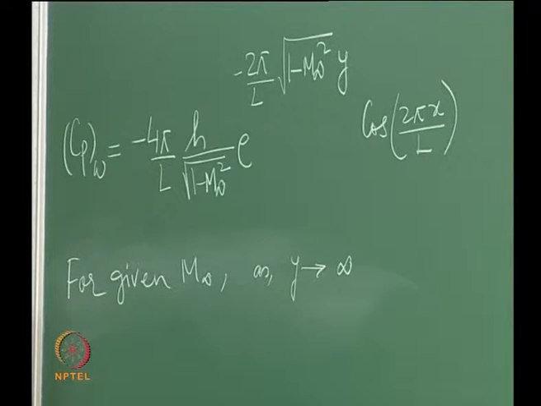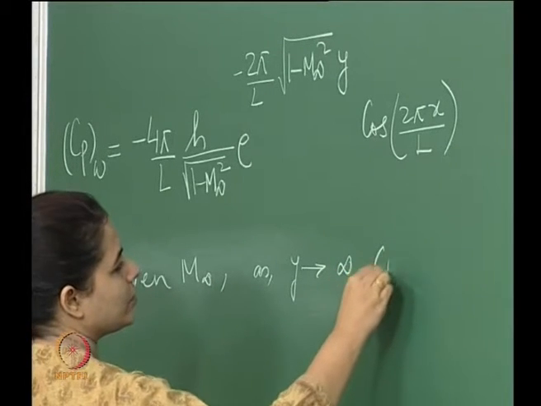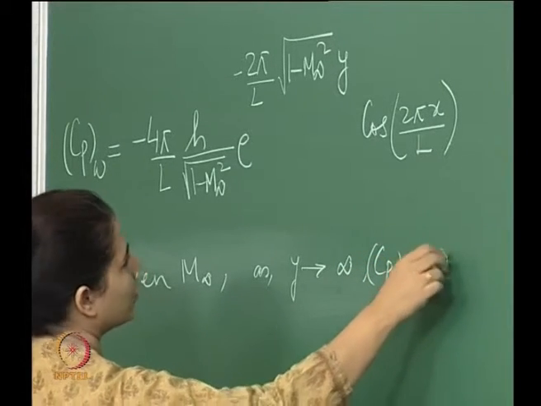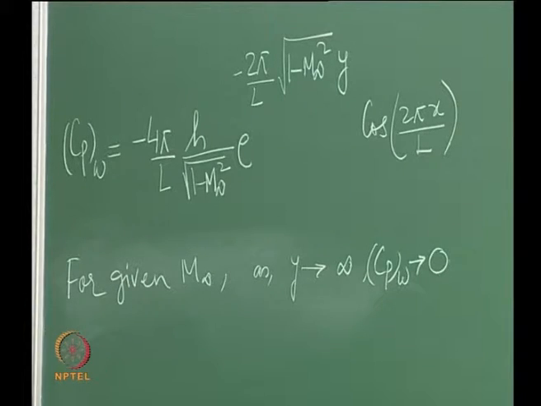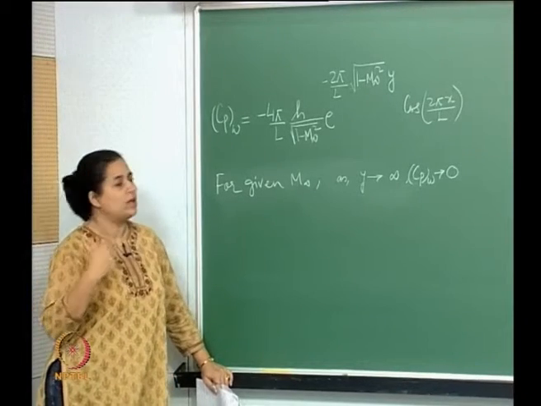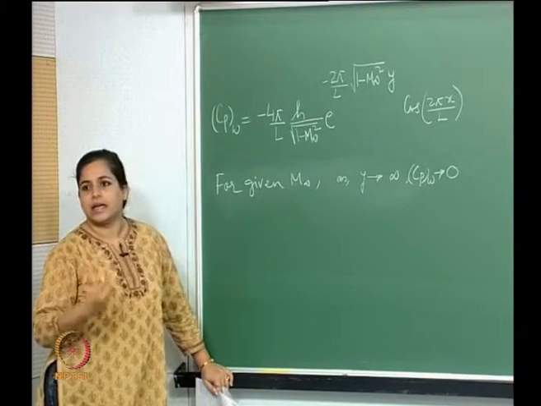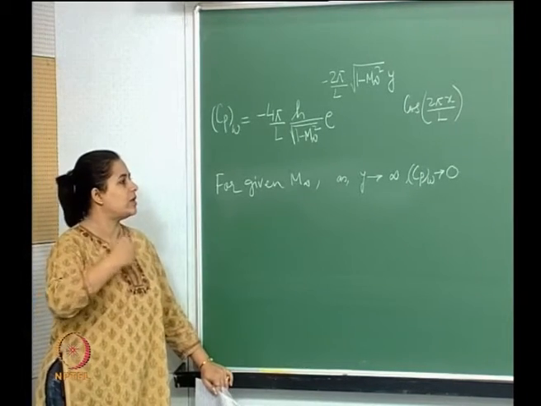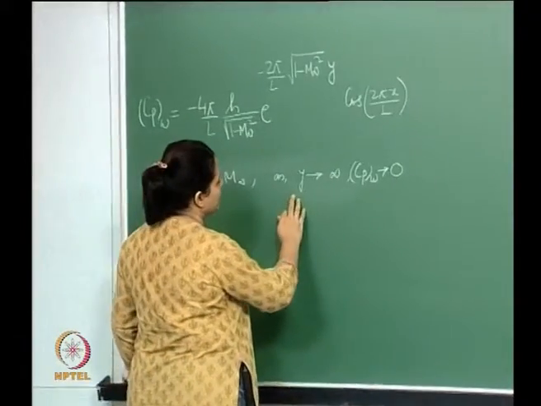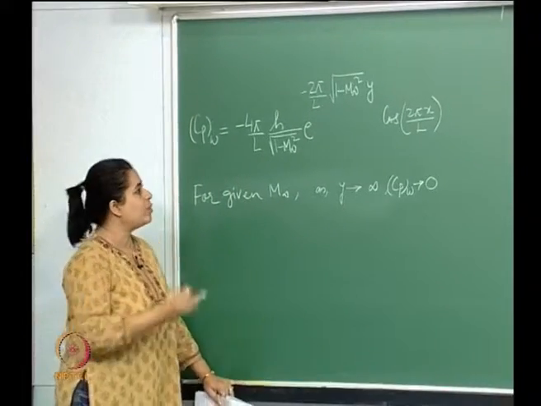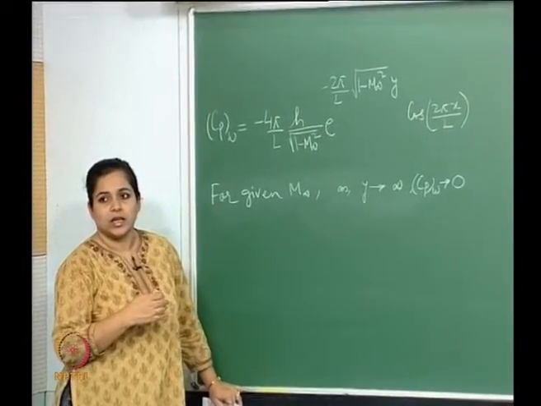Cp, right? So if y is very, very large, then essentially it tends to 0. Now what this essentially means is that as we move farther away from the wall, the disturbances die out, right? Which kind of makes sense, right? So the more we get away, basically we can say that as y increases, the pressure coefficient decreases, and which in turn would also mean that the velocity perturbation